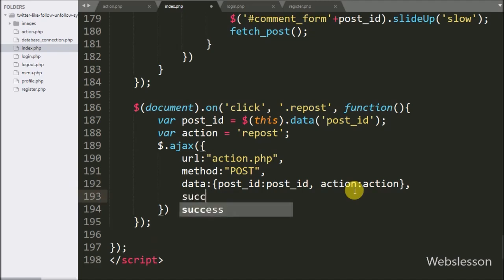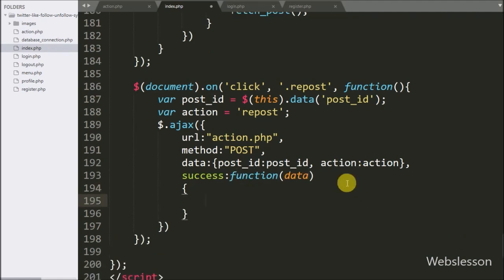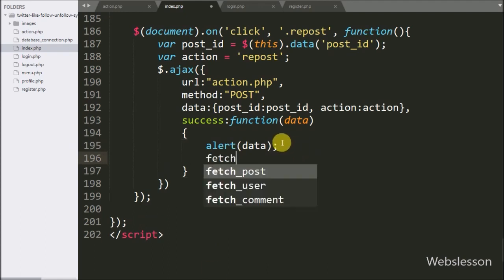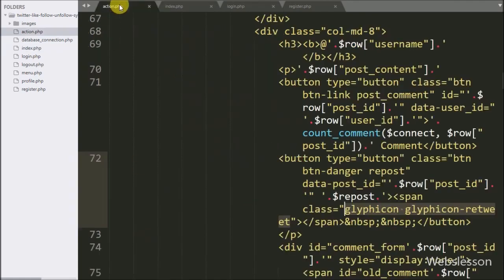Lastly, we have written success callback function. This function will be called if request completed successfully, and it will receive data from server. Under this function, first we have written alert with data variable. It will pop up message which has been received from server. And lastly, we have called fetch_post function. This function will display all latest post data on web page, without refresh of page. Now we have gone to